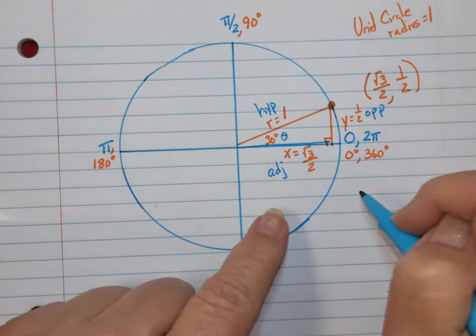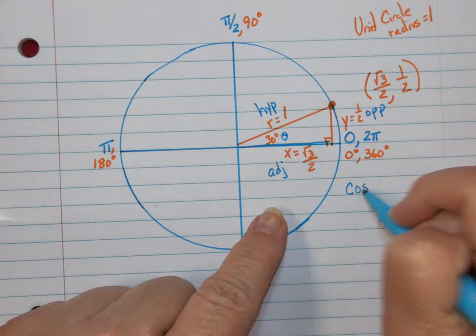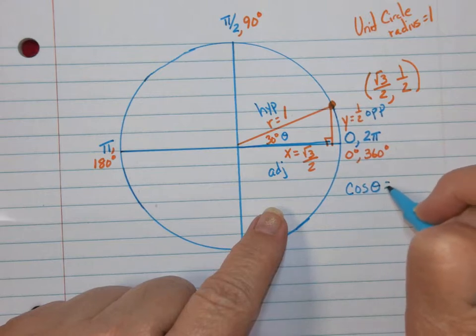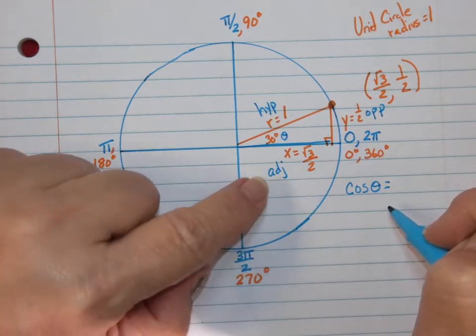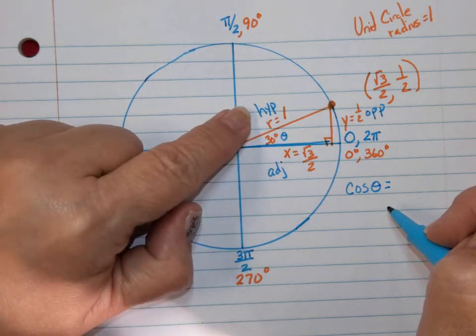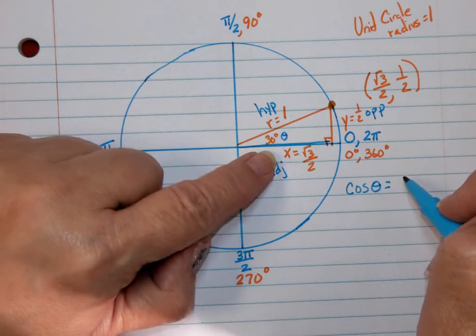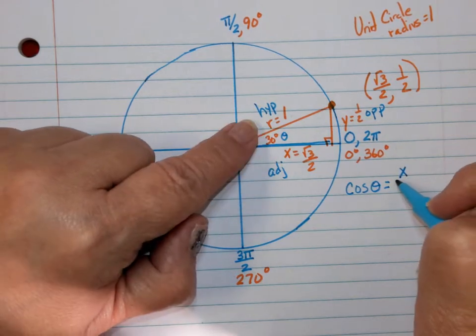So, cosine of theta is adjacent over hypotenuse. So that means cosine of theta is x over r